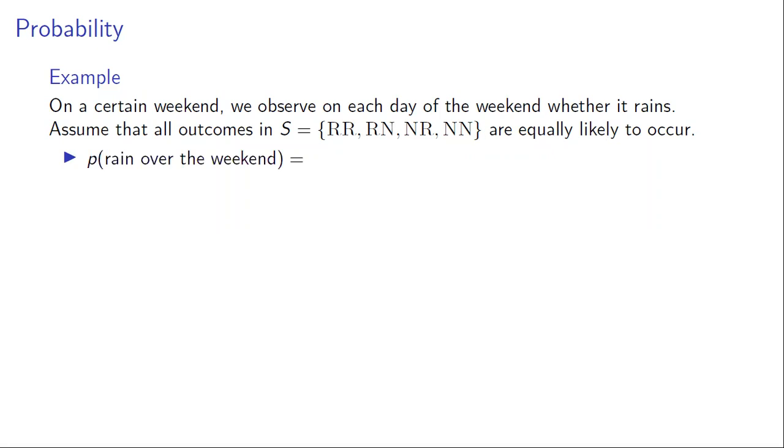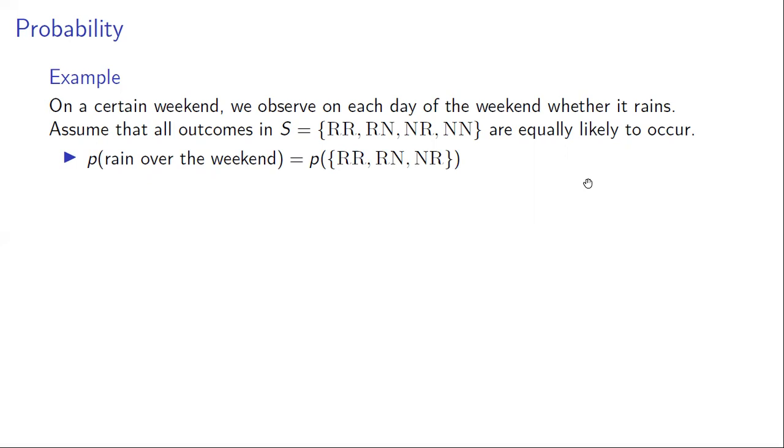So we would like to know, what is the probability that it will rain over the weekend? In other words, what we're really asking is, and this is not a very official way of writing it, it's like pseudocode, but here's the real code: the probability of this event, which is a subset of the sample space. This subset represents the idea that it rains sometime over the weekend. Either it rains on both days, or it rains just on Saturday and not on Sunday, or it rains just on Sunday and not on Saturday. This is the event, and we want to know its probability.